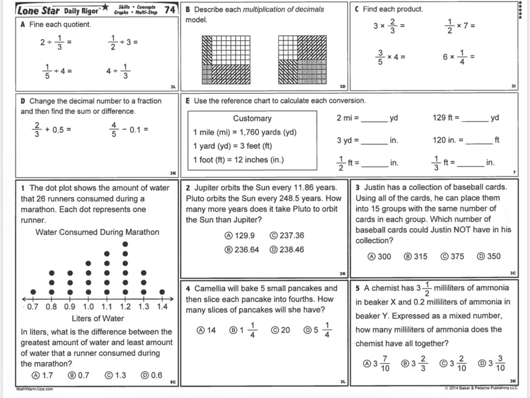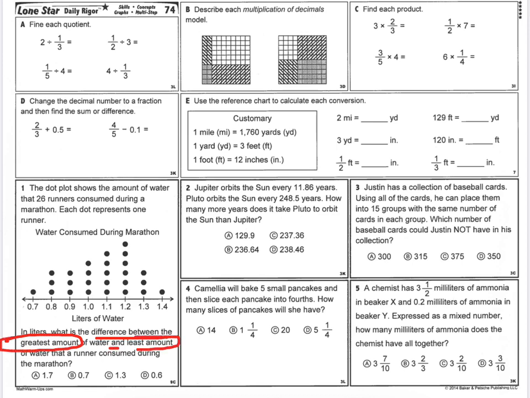Okay, LoneStar 74. Let's look at number 1. The dot plot shows the amount of water that 26 runners consumed during a marathon. Each dot represents one runner. In liters, what is the difference between the greatest amount of water and least amount of water that a runner consumed during the marathon? So we're looking for the difference between the greatest amount